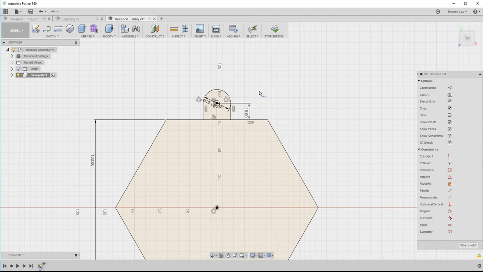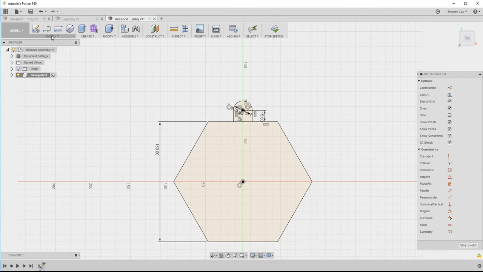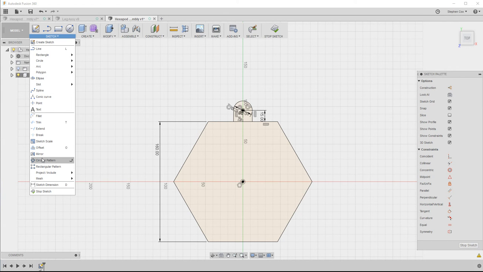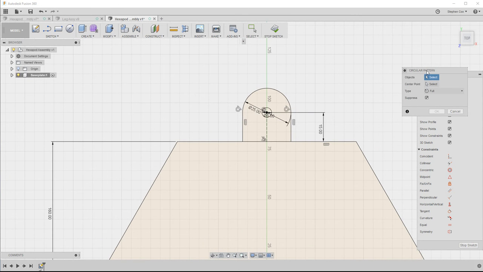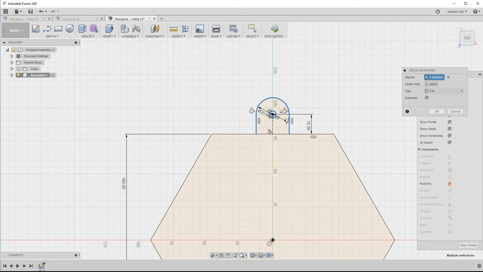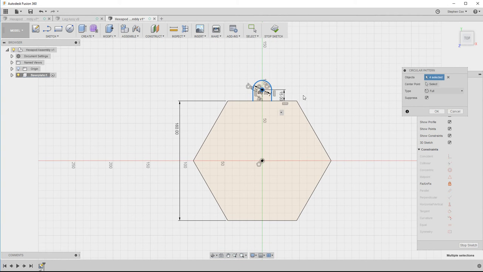Now I need 6 of these, and what I could do is go around and do what I've just done six times, or 5 more times in this case. But there's a simple tool under the sketch menu called circular pattern that will get me there much faster. Circular pattern, when I click on that, allows me to click on the objects that I want to pattern. So if I click on each of these lines that I want to pattern, so it's the outline of that and that center circle, it then wants to know which center point I want to pattern this around,